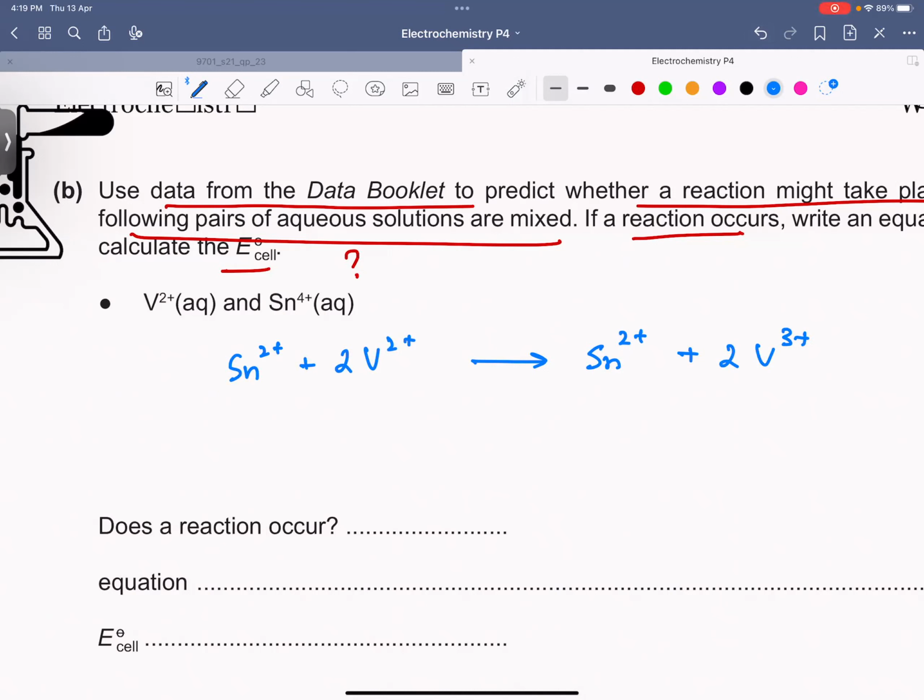Now, if you look at the half equations of these two, this has a value of positive 0.15 volt, and V2 positive, V3 positive has a value of minus 0.26 volt. So E naught cell,